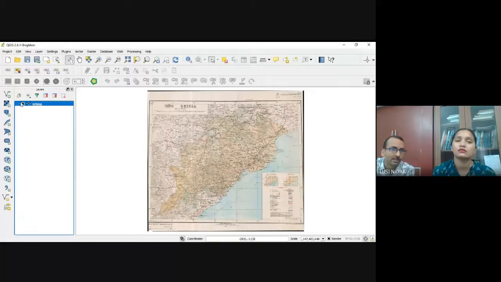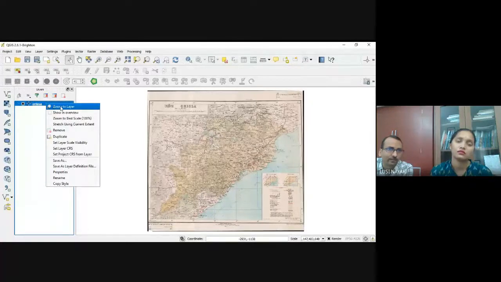See, this is the box which represents the content box. Here, all the layers will be listed, whatever layers you have brought. Layers means the raster layers as well as vector layers. So whatever layers are created, they will be listed here. And on the right click of that layer, you can zoom to that layer. And if vector layers are there, we can get the tables of that layer. And we can delete this layer by clicking on remove from here.